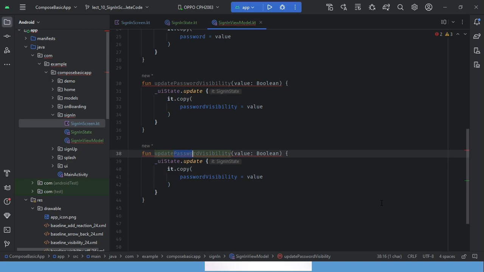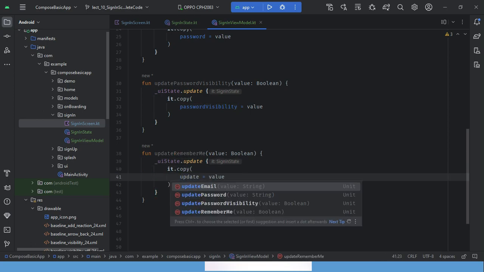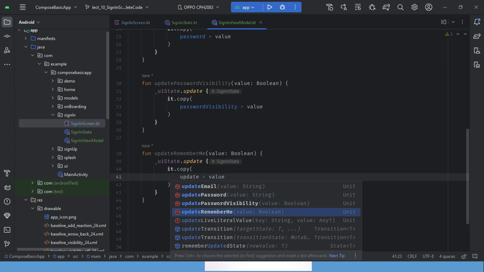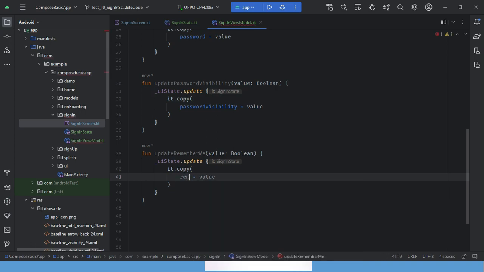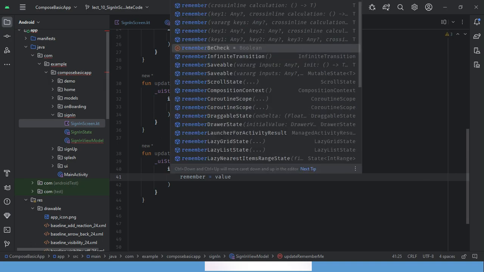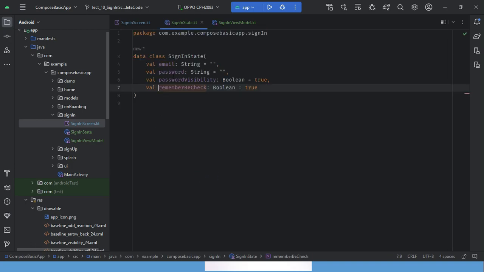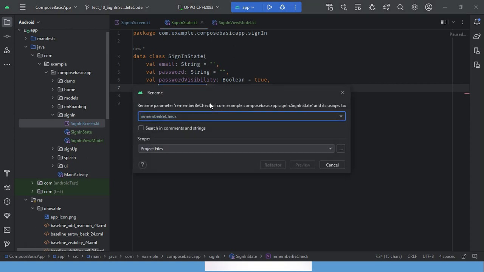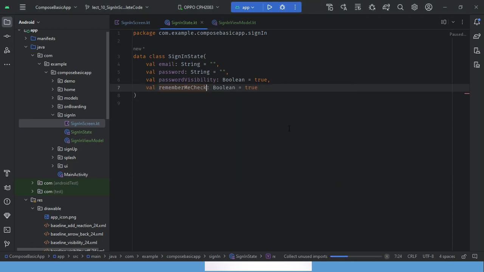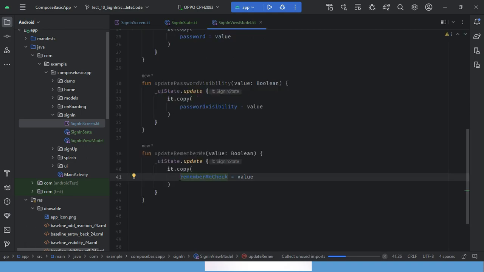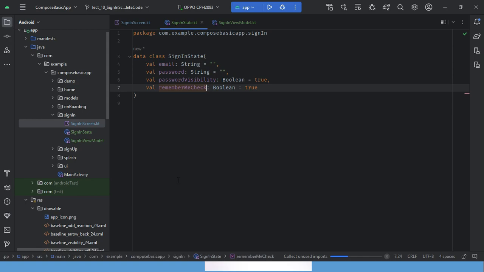And update remember me check. Actually it's a remember me check. I will rename it by using Shift F6. Okay, remember me check has been updated, so we just need to call these methods